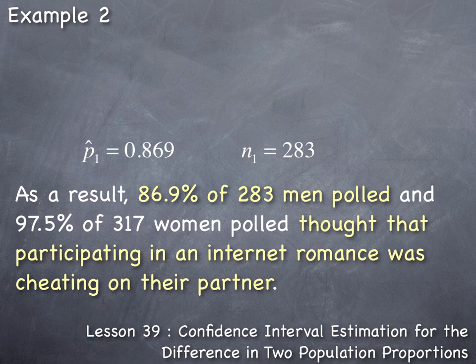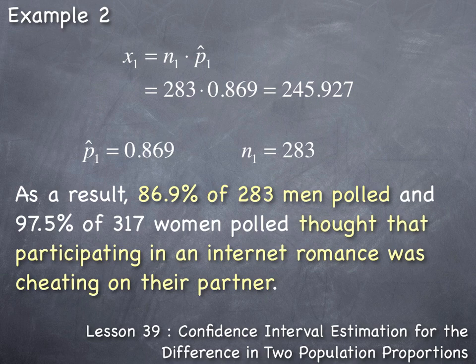Now the required input on the TI-84 calculator is the X1 and N1. So we need to solve for the X1 based off of the sample size and the sample proportion. To do this, X is equal to N times P. In this case, 283 times 0.869, which equals